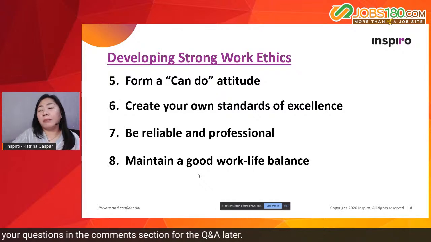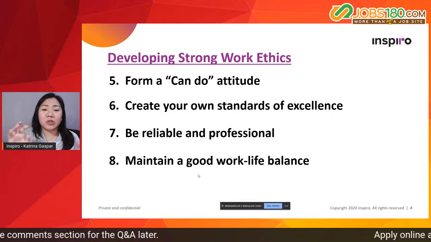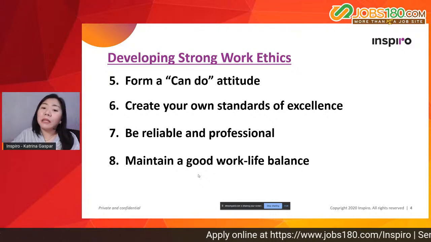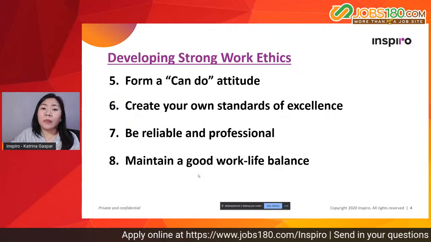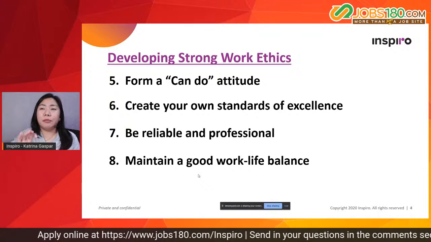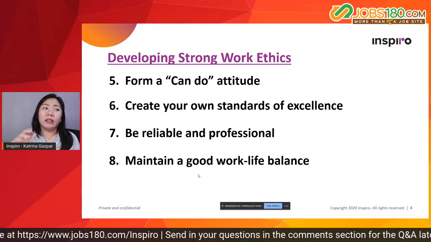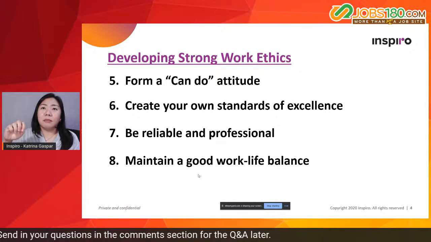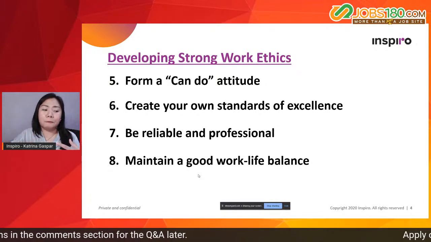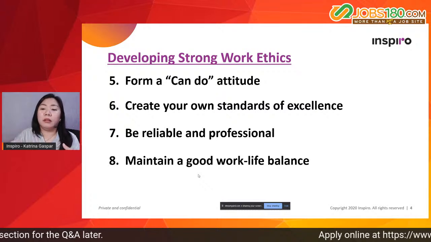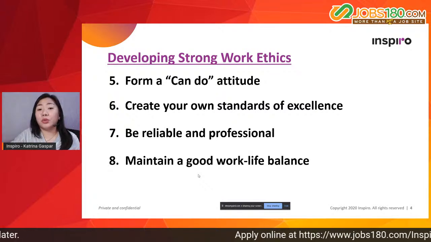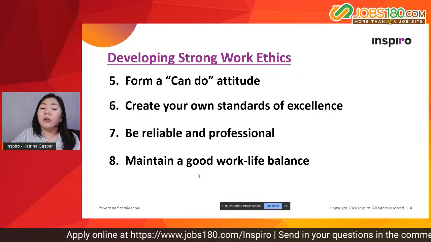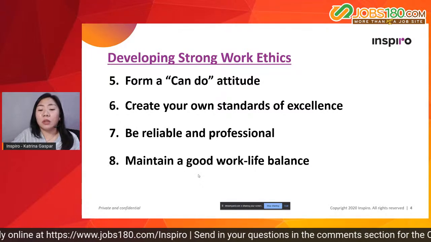Kasi if you have, say for example, weekend, if you were able to enjoy the weekend, you're able to go out with your friends, go out with your family, nagkaroon ka ng me time, come Monday, you have this positive vibe or positive aura that you can share to your team and then mas mafe-feel mo na you were more determined. Mas focus ka when it comes to work if you have a social life kasi hindi ka madudrain or hindi ka mabu-burnout. That's the one thing that we need to avoid,